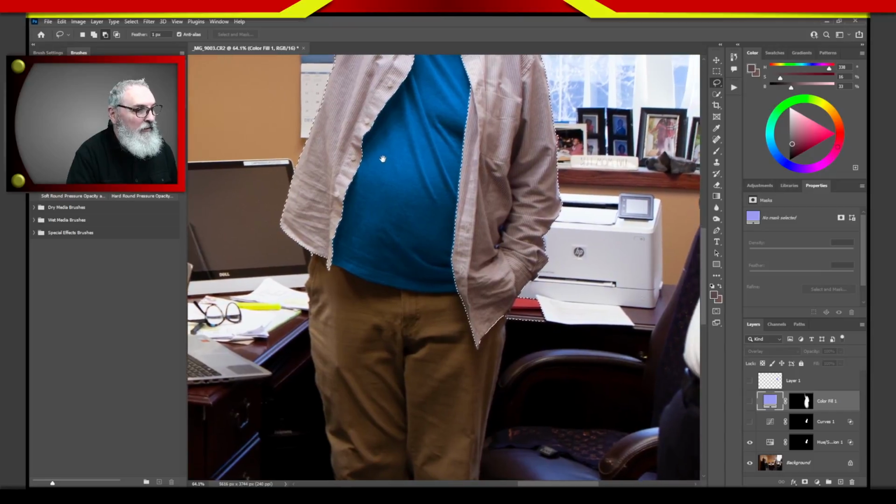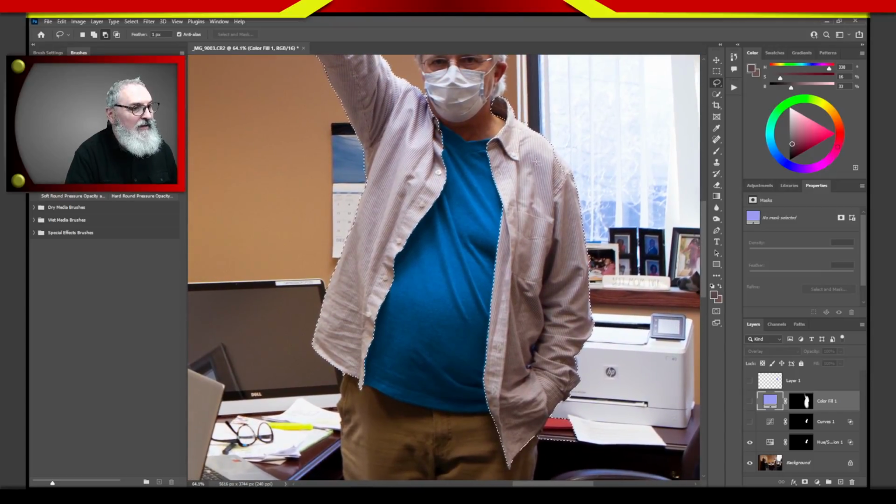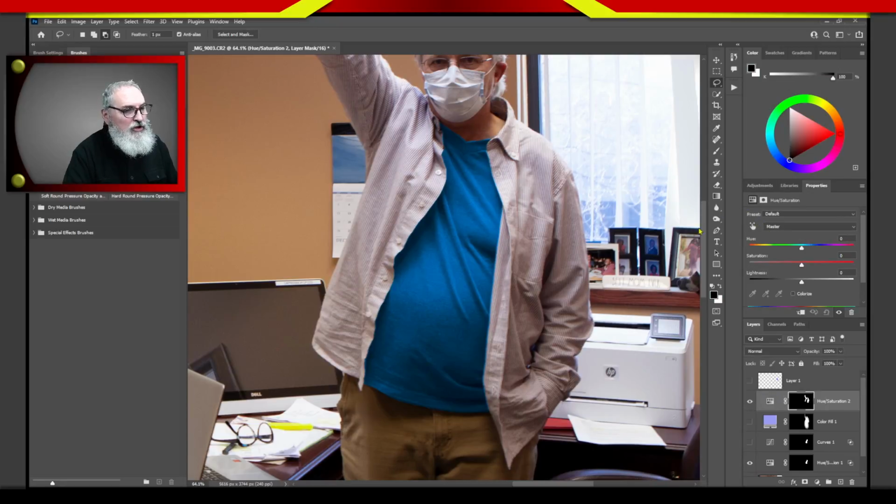Okay, so there we selected the shirt kind of roughly. You know what I mean, right? Obviously, you're going to want to get very precise. Okay. Going to go to our adjustments, hue, saturation. All right, and we're going to pick colorize. We're going to pick a